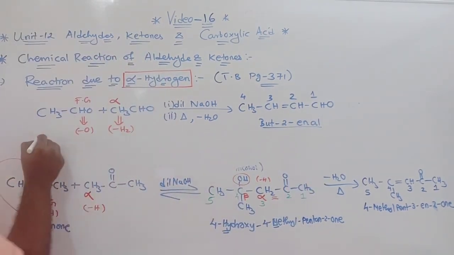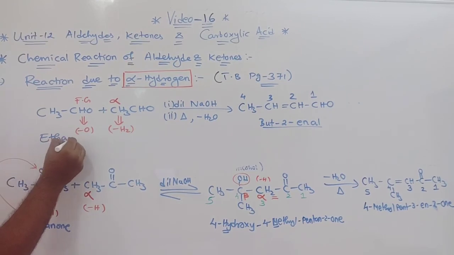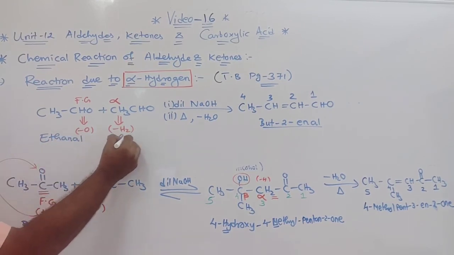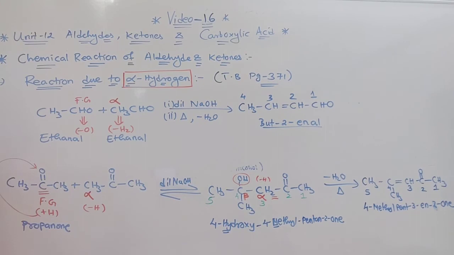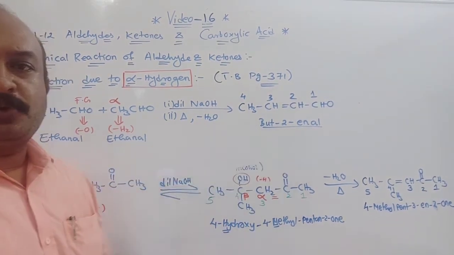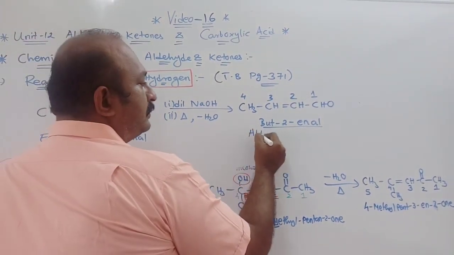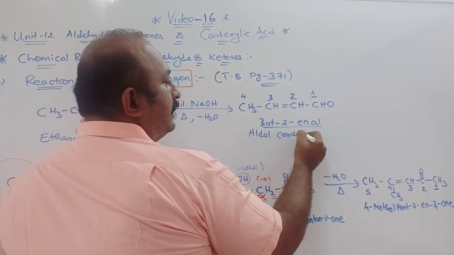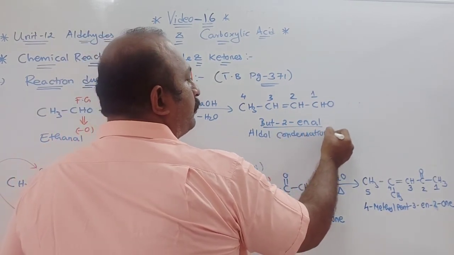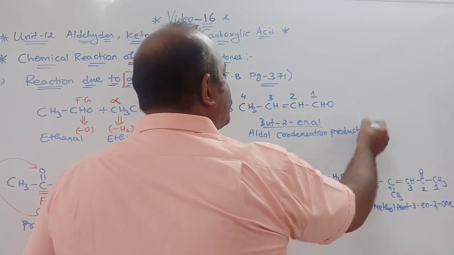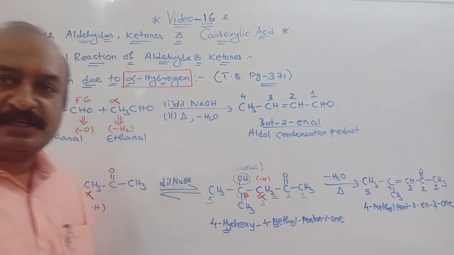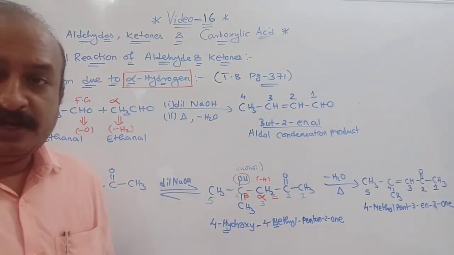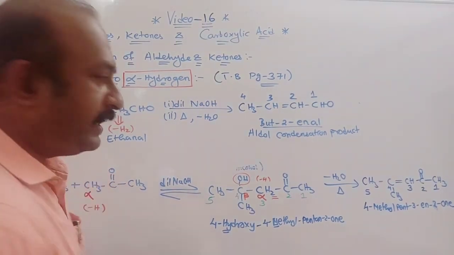Okay, now this was your ethanal, what we do. We have both molecules ethanal. Okay, so this is your aldol condensation product. Which is this? Aldol condensation product. Okay, so this is also one simple way to understand. It will be very easy. Okay, now any other way also you want, you can write like this.